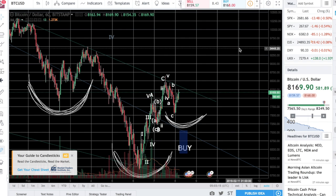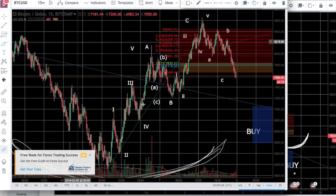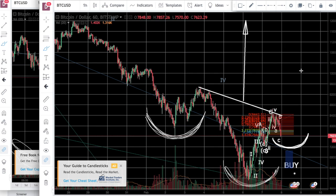And we got some other things here. Yeah, this was prior to me taking that long position, thinking what was going on. Okay, that's kind of my thought process right there, trying to figure out some formation, some waves, some patterns, something that would give me an indication which way I want to go. So this is me wishful thinking, of course,